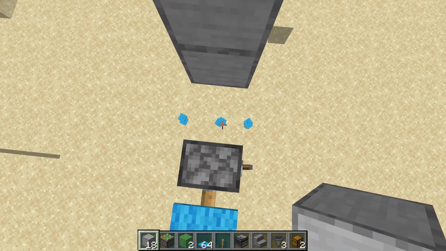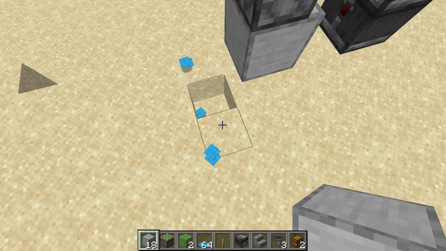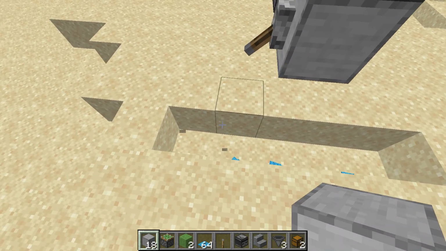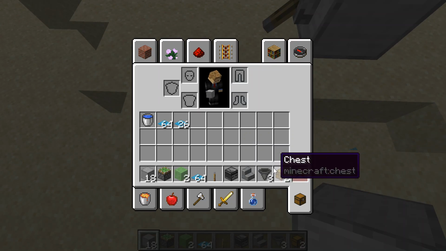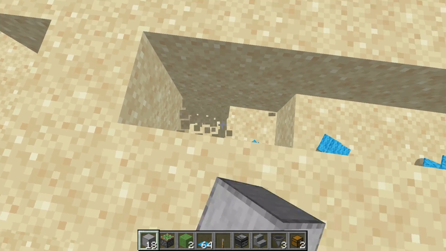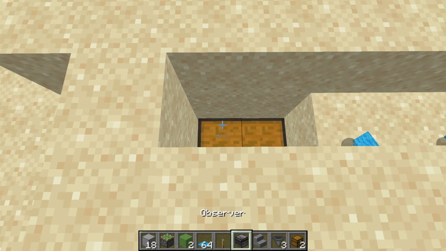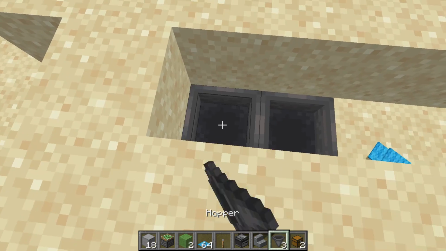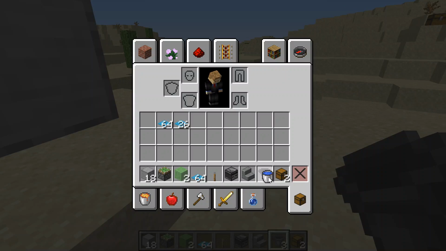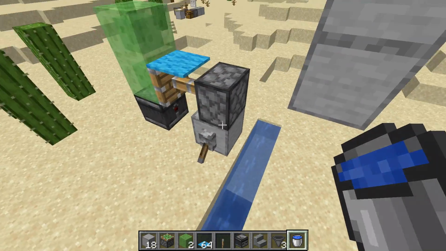Now, starting right here in the middle, you're going to dig down 1, and then 2 on either side. And then if you want this to go into a chest itself, then you just dig down 1 more each, and then 1 more again. And your chest goes down at the bottom, and you put both hoppers facing into that chest, and you come over to the other side and you put a water bucket here, and you will see that now when we